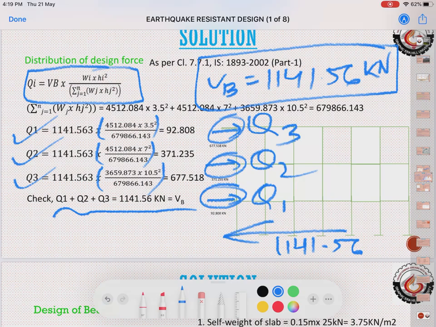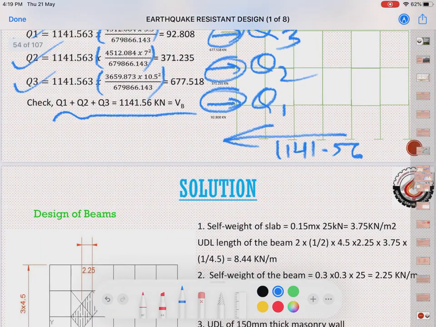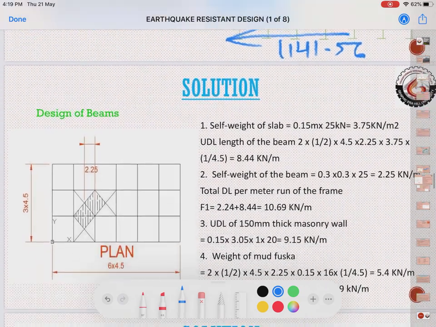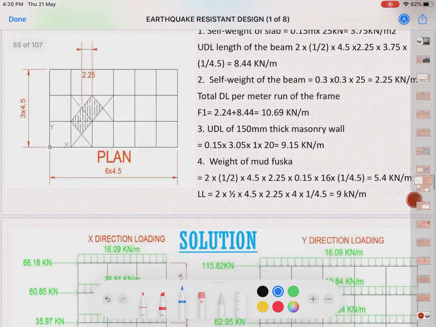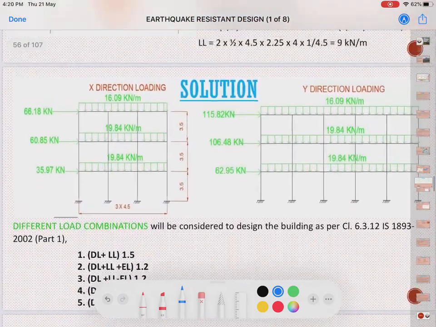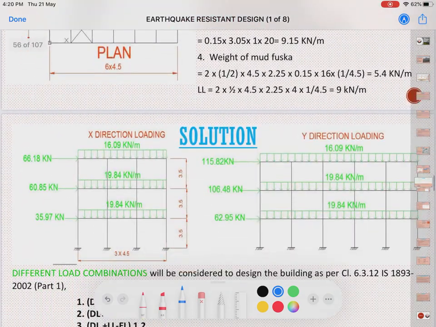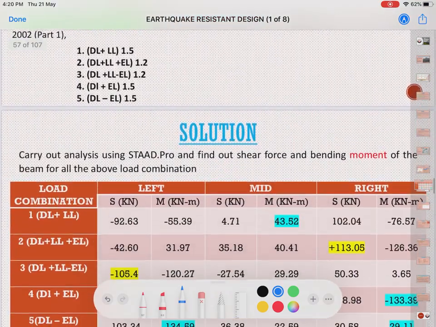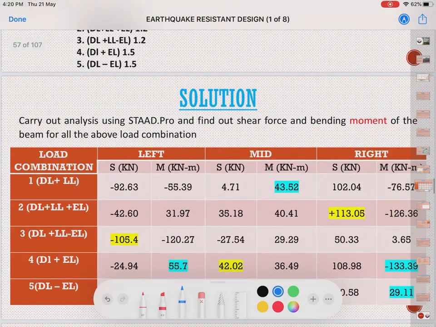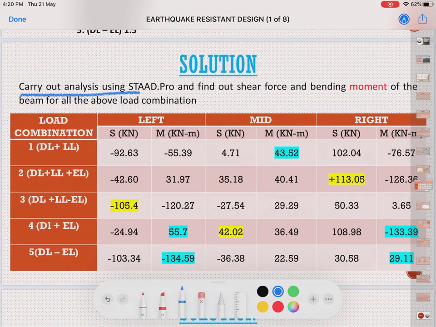There is not as much requirement to explain it. You can understand it. This is a simple distribution of the numbers. Then comes, after calculating these loads, we can design for the slabs, and then we can also design, these are all just self weight, we can check it. I am not going to ask these kinds of design problems, because then we have to carry out the analysis in StaadPro.